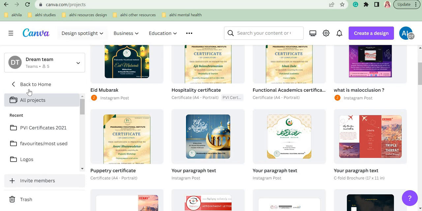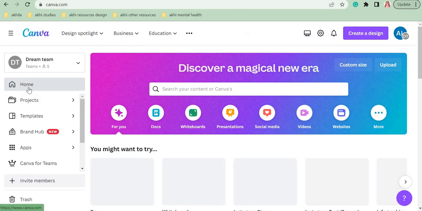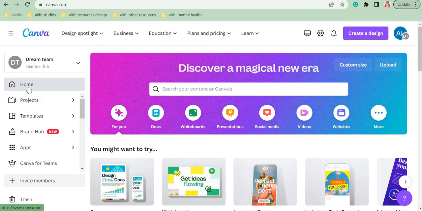Okay, so I hope when you all have opened your Canva accounts, this is the screen that comes. I hope you all have downloaded and created your accounts, and once you click on Canva after doing all of this, this is the screen that you will get. Okay, so I am in the home screen of Canva. As you can see, it is written home here.